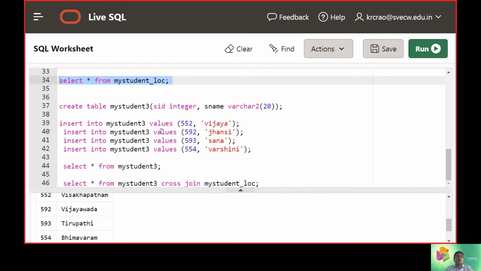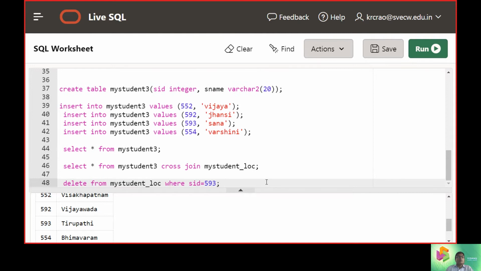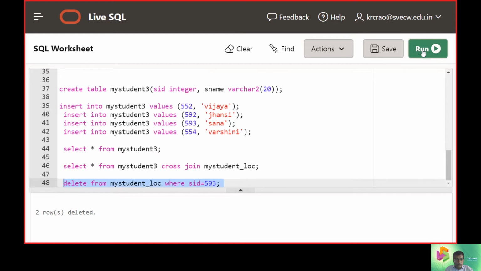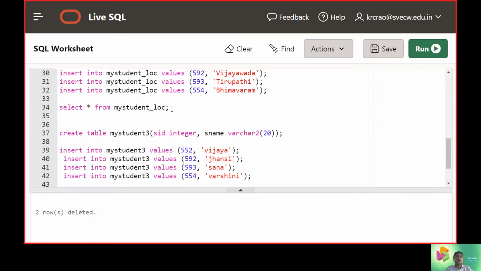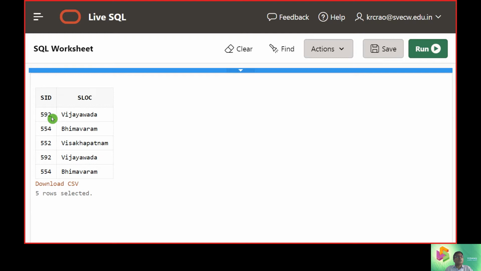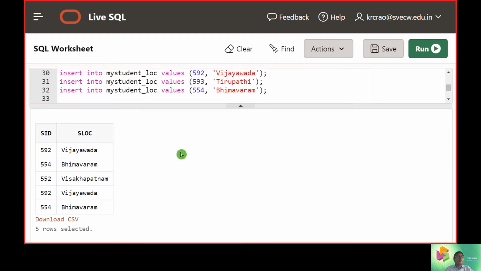So we will remove that record for clear understanding. We are hitting the run button to operate on 593. Anyhow, 593 occurred 2 times. Now just hit this and see in the table whether the delete operation has taken effect. Yes, it is affected. So we have 592, 595, 594, and this way we are going to have around 5 records.